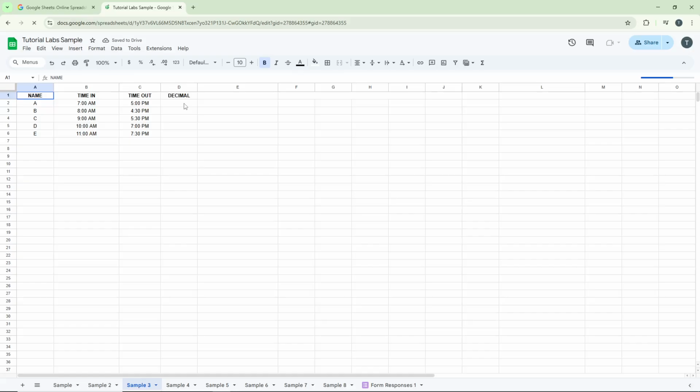For this example, we'll be working with time in and time out data, which is a common scenario when tracking employee hours or personal time logs. Now here's where the conversion formula comes into play. Click on an empty cell where you want your decimal result to appear. In this cell, you'll type a formula that calculates the difference between two times and converts it to a decimal